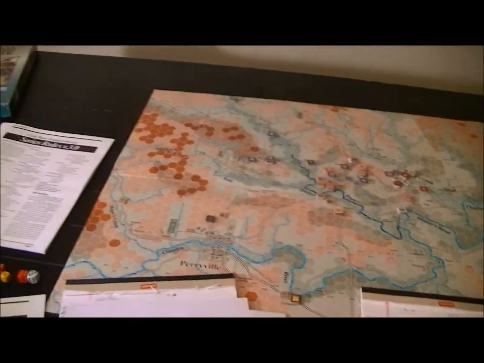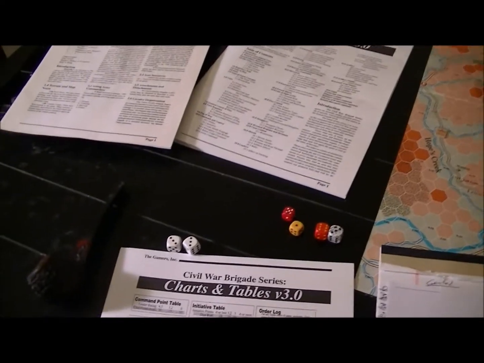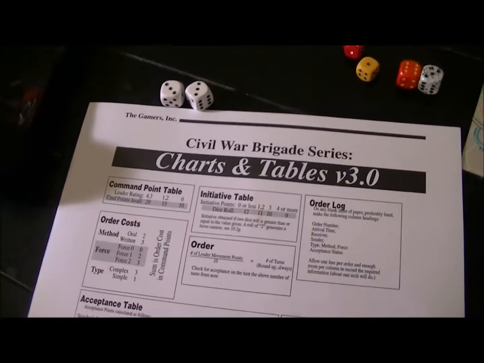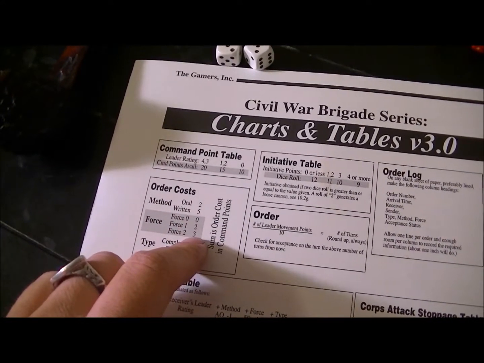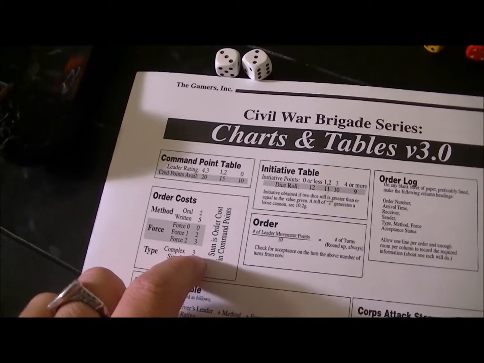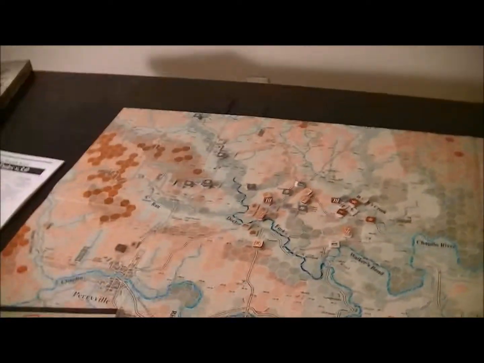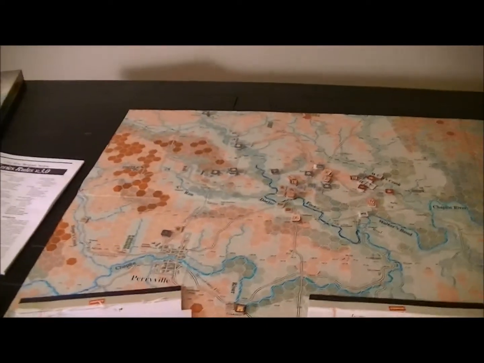In the base game, the one that Perryville was written for, you pretty much can choose whatever you like. So I have a leader rating 0. I'm allowed to expend 10 points. An oral order costs me 2. Force 2 would cost me 3. Complex costs me 3. That costs me 7 of my 10 that I can spend every turn. I've got no problem. When we go to the series rules version 3, though, there's a penalty to using force